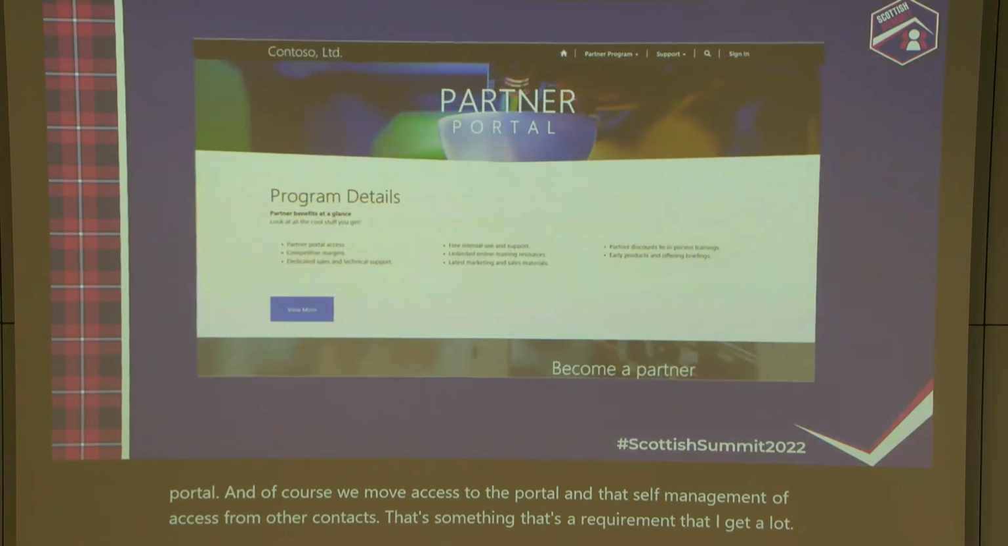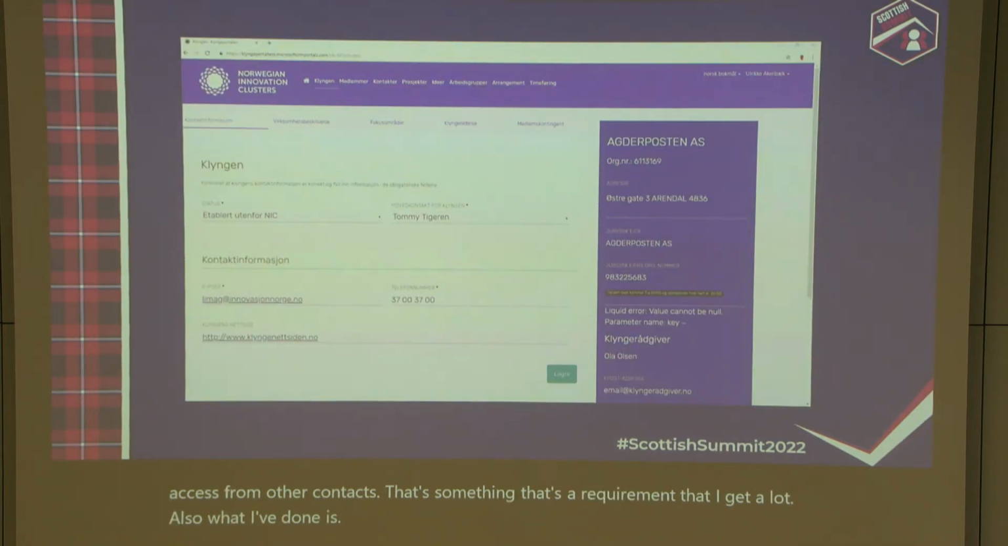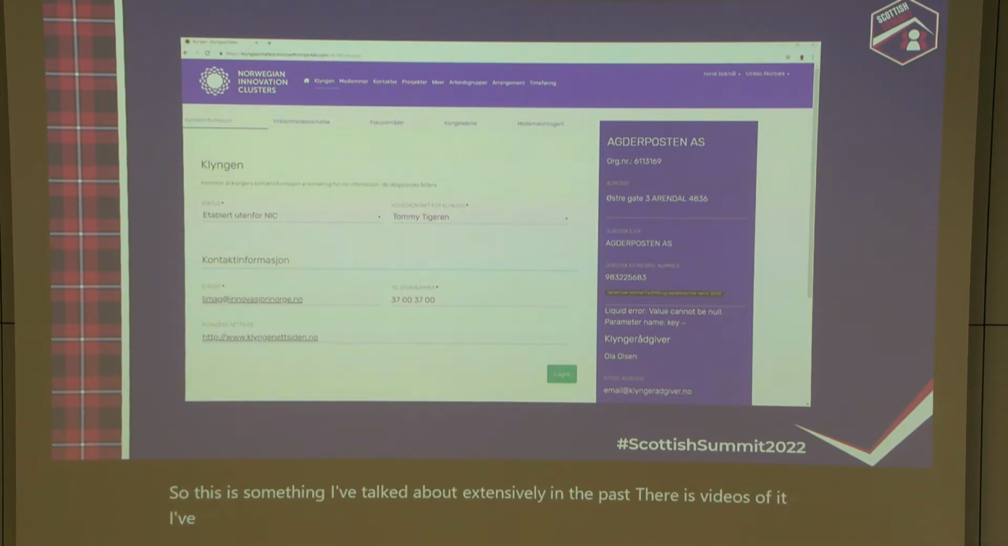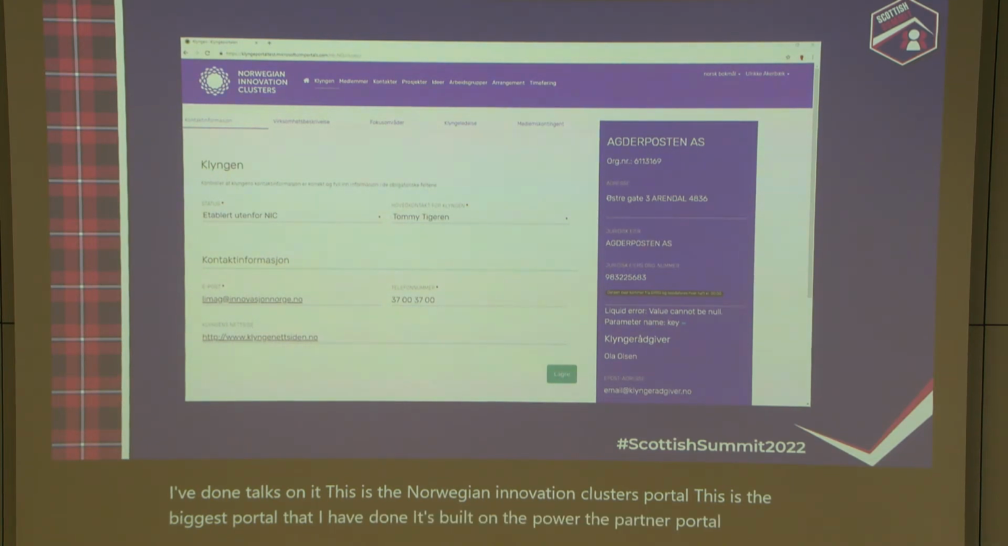Also, what I've done is, so this is something I've talked about extensively in the past. There's videos of it. I've done talks on it. This is the Norwegian Innovation Clusters portal. This is the biggest portal that I have done. It's built on the partner portal type. And